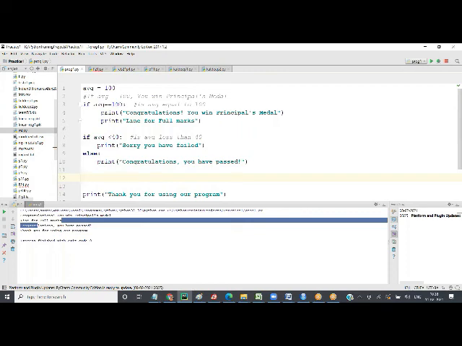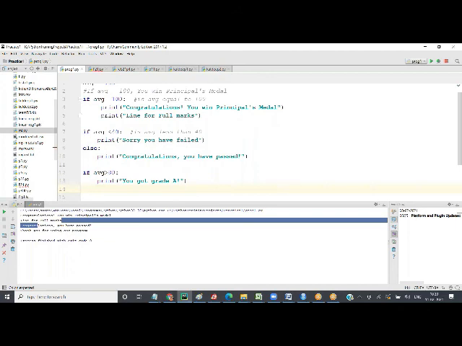So I'm going to say if AVG greater than 80, I'm saying print you got grade A. More than 80, I don't care whether 90, 95, 100, I don't care.